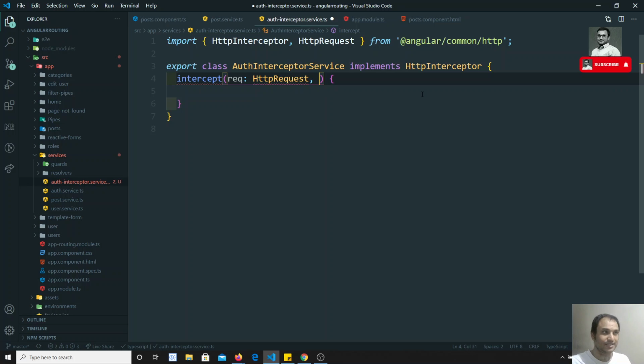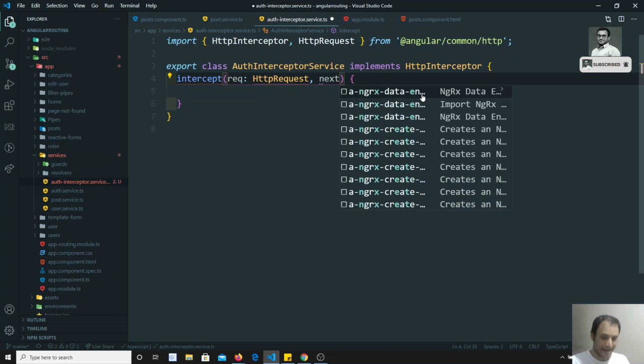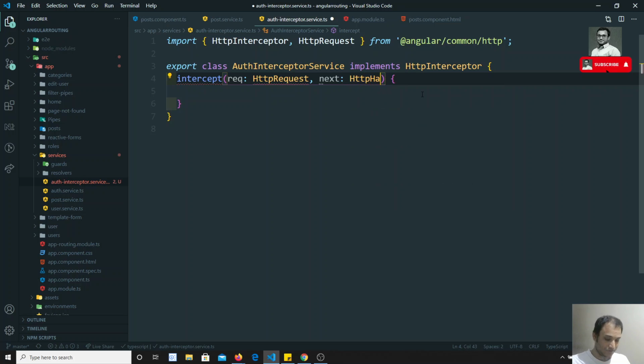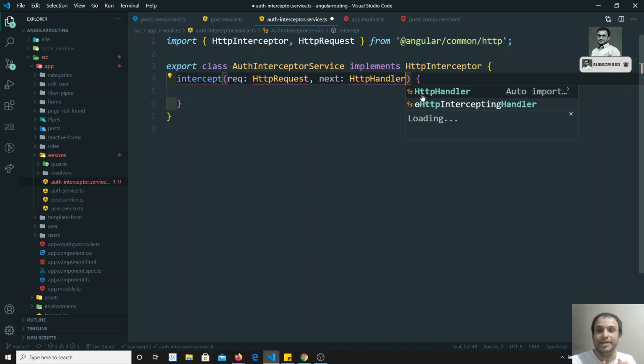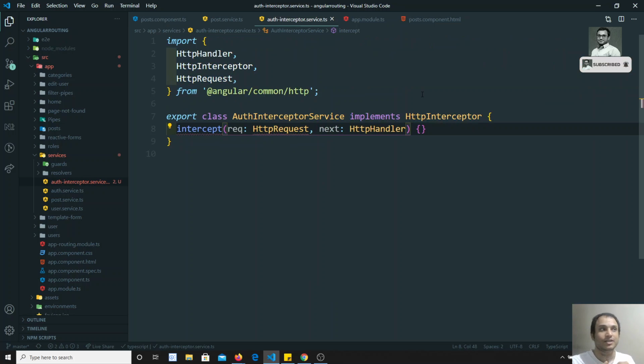And another one is next. Okay, so this is an HTTP handler. So next is nothing but the next HTTP handler object that will send the request. If you don't use this next, the request will not be forwarded to the HTTP. Here, whatever data you want to modify, you can modify in the HTTP request, and you need to